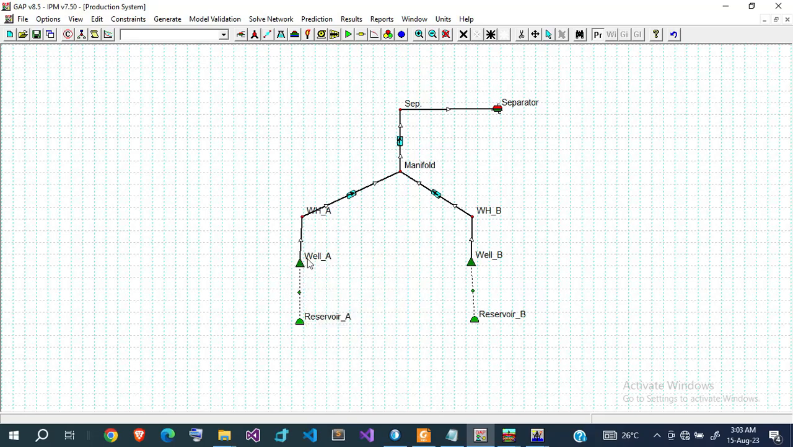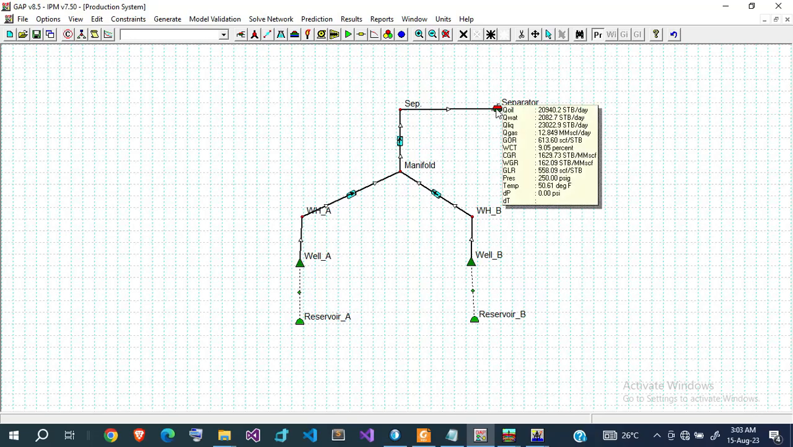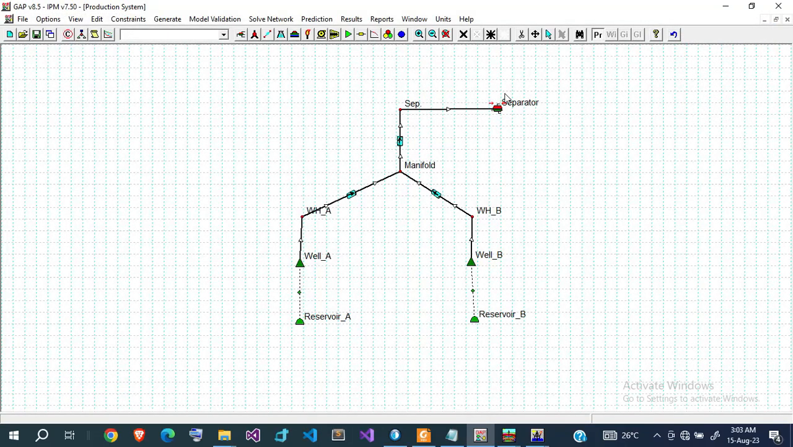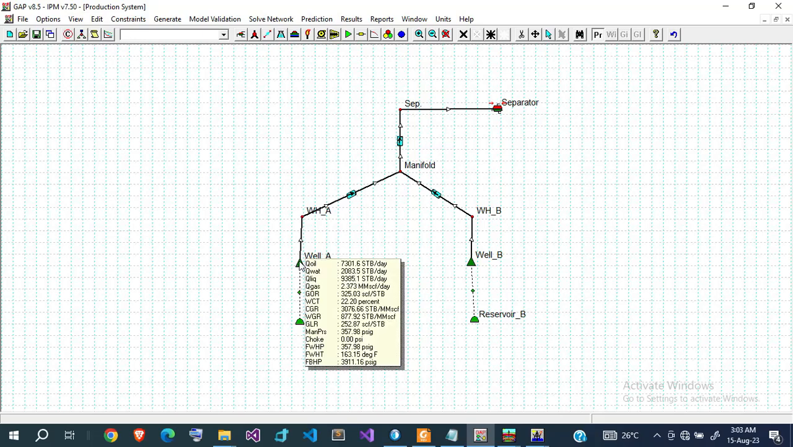So to constrain this, we first have to go to the separator, go to the constraint tab, and specify the limit. We say we can only handle 18,000 barrels per day. Once we're done with that, look at our separator, it now has this arrow here, meaning that it's constrained. Now, in order to honor this constraint, we have to make our wells